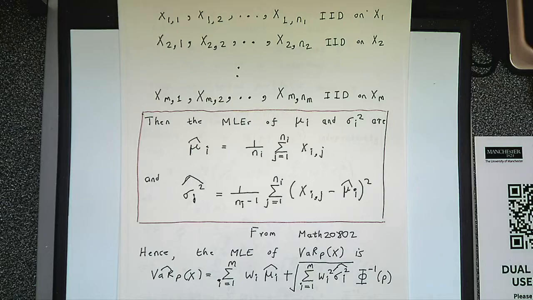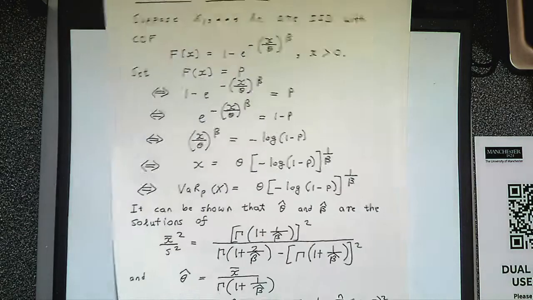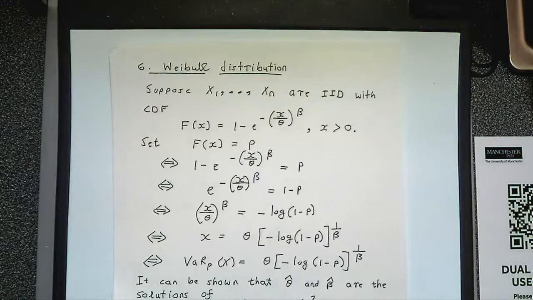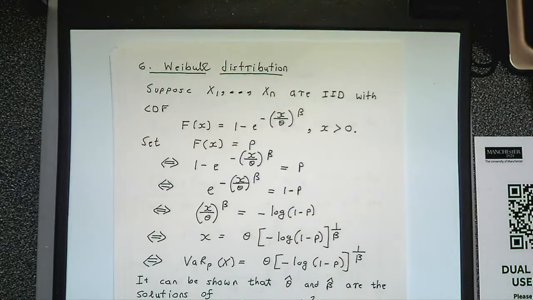All right, so that's the fifth parametric method. The sixth and final parametric method is based on the Weibull distribution. Weibull was a Swedish engineer who invented this distribution. I think he worked for a Swedish car company. I can't remember the brand of the car. I used to remember it. Anyway,